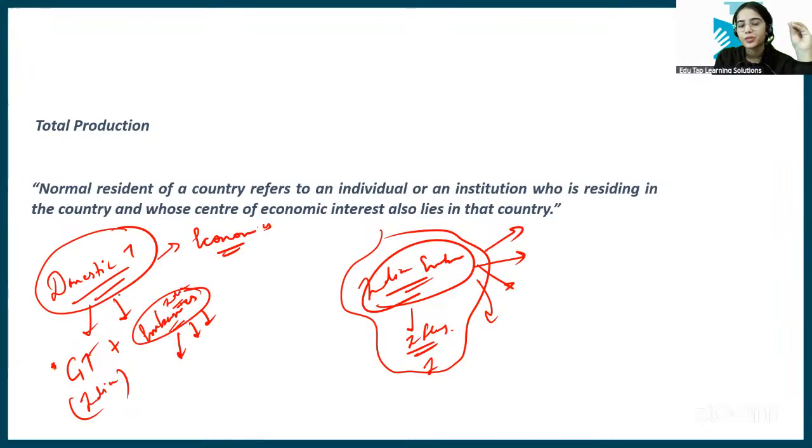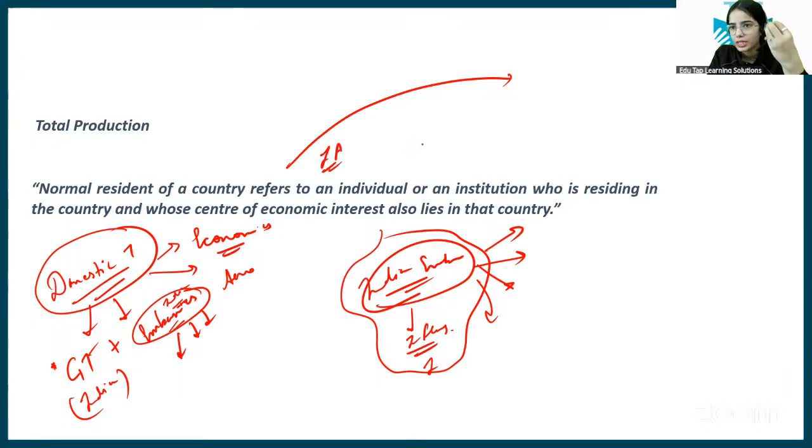Okay, that is domestic territory, as well as the aeroplanes. Let's say the aeroplane is flying over Japanese territory. The Indian aeroplane is flying over Japanese territory, and something happens to this aeroplane. Let's say a hijack is happening. So will the Japanese government take care of the situation, or will the Indian government take care of the situation? The Indian government has to take care of the